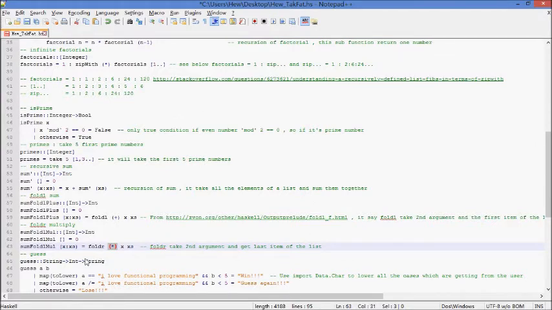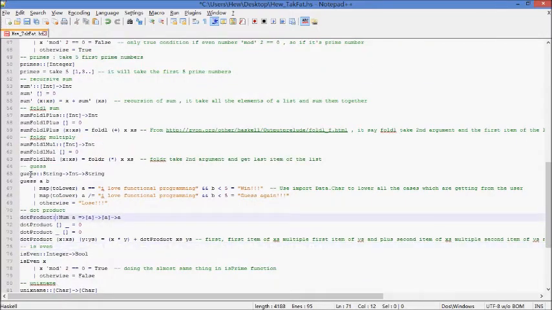Here is my code. Guess, I pass a string and integer, and I use the import Data.Char to lower all the case which I get from the user, and the argument should equal to all lowercase I love functional programming, and here are some argument conditions,